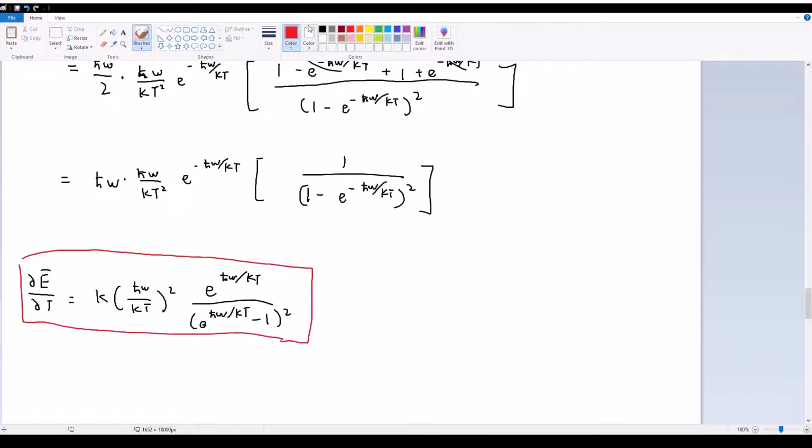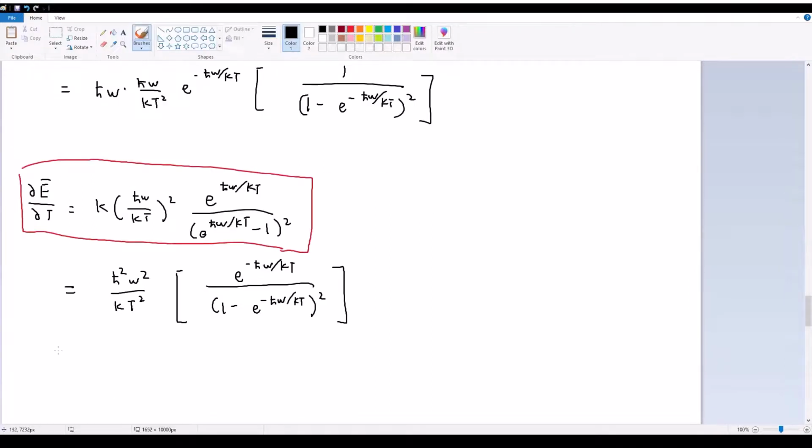Okay, so what do I see here? The first thing I see is that I want to get this. So let's see. I'm going to get h bar squared omega squared over kT squared multiplied by e to the negative h bar omega over kT, divided by 1 minus e to the negative h bar omega over kT, squared. So the first thing I can do is this term does indeed simplify to that, so this is just k